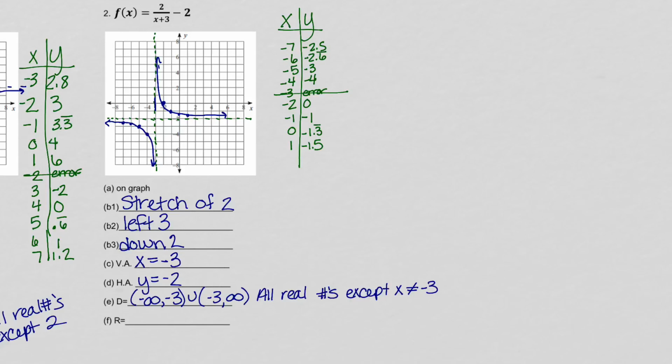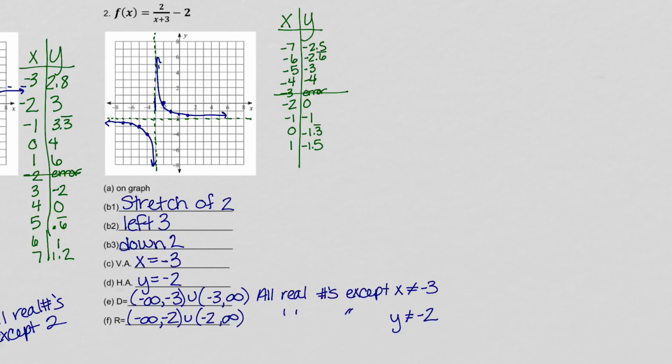And then the range are all the values of y. So it starts down, goes down forever. It's got an arrow going down. But then it comes up and it approaches that -2, never touches it. But then on the other side of -2, it then goes up to forever. So this is all real numbers except y cannot equal -2. All right. So that's the main information for the transformations of,